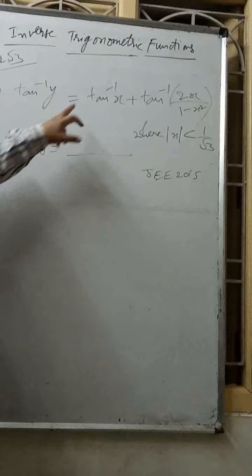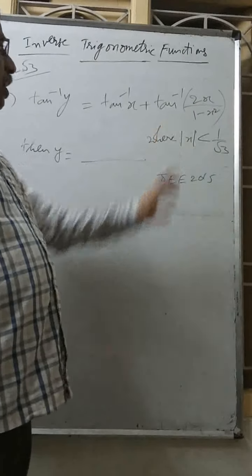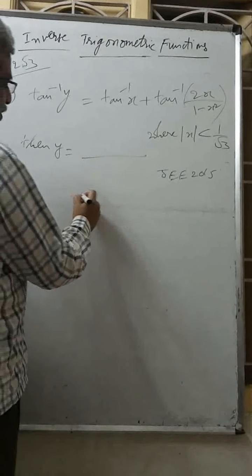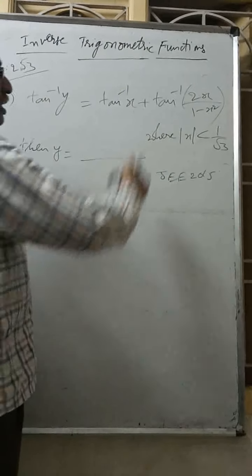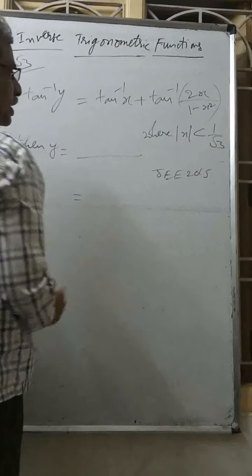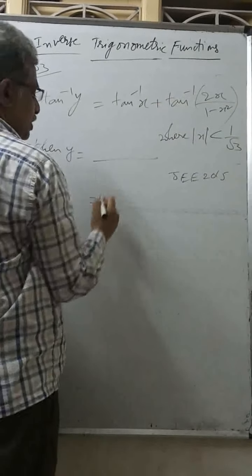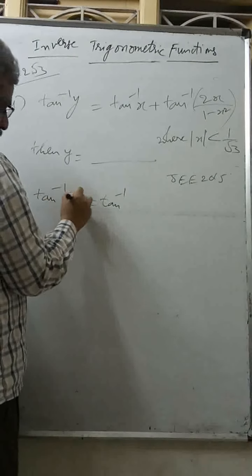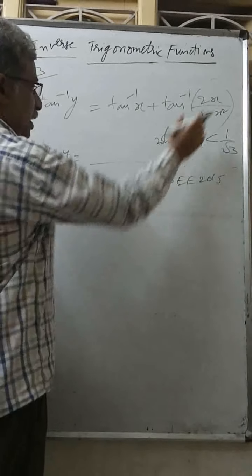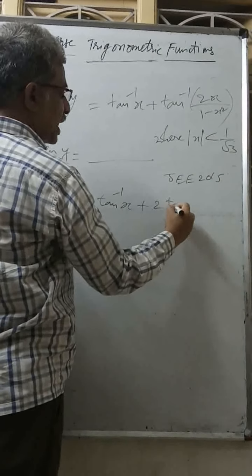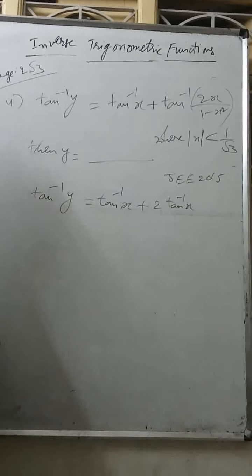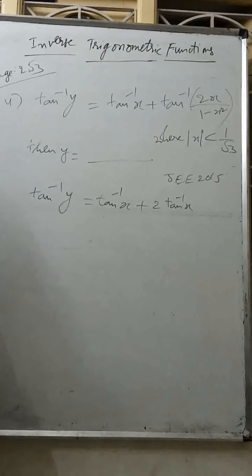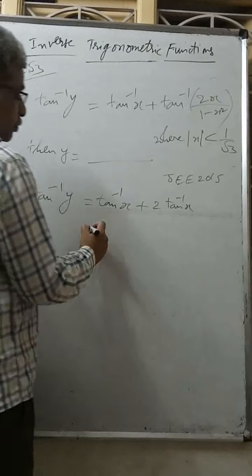So this is the tan inverse a plus tan inverse b formula. I can apply tan inverse a plus tan inverse b, or rather than that, 2 tan inverse x by 1 minus x square I can write as 2 tan inverse x. Two ways of doing this one. So tan inverse y equals tan inverse x plus this, which I can write as 2 tan inverse x, the simple way. Another way is the tan inverse x plus tan inverse y formula, x plus y by 1 minus xy. Both give you the same answer, but I am going for this.